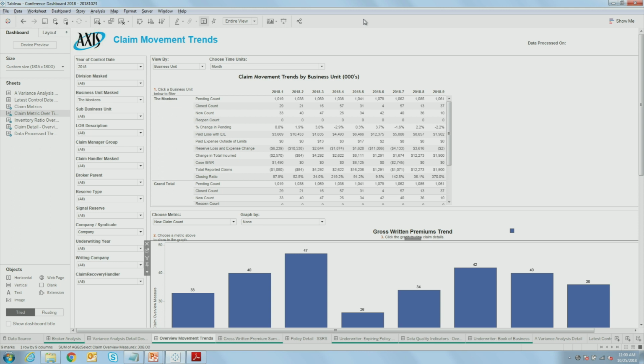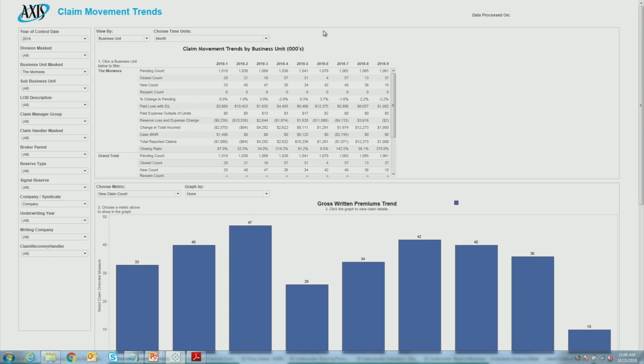Okay, so again, we're looking at the monkeys. And let's see if I can make this a little bigger for this one. Yep. Okay, so we're looking at the monkeys again, similar functionality, and we have this across most of our dashboards, the ability for folks to dynamically change the rows of information they're looking at, all parameter driven here. So maybe I want to look at this by the claim handler, claim adjuster. It's referenced in a lot of insurance organizations, right? So even though I picked claim adjuster, it says underwriter demo, but